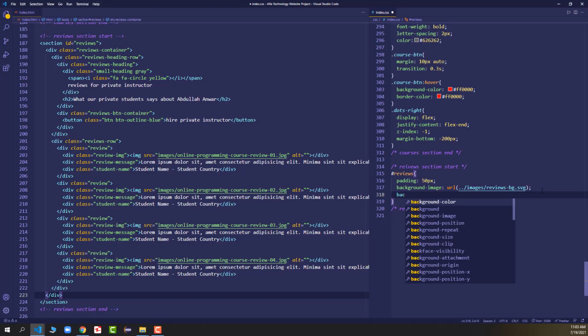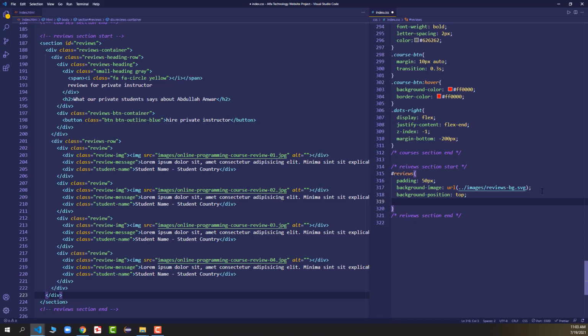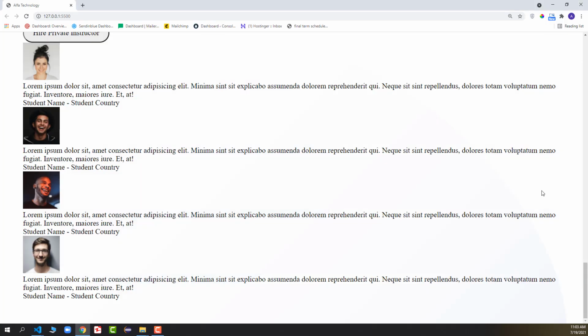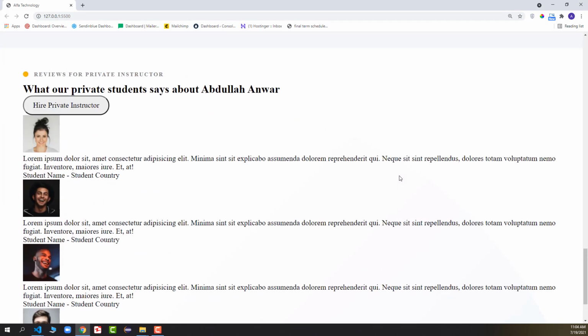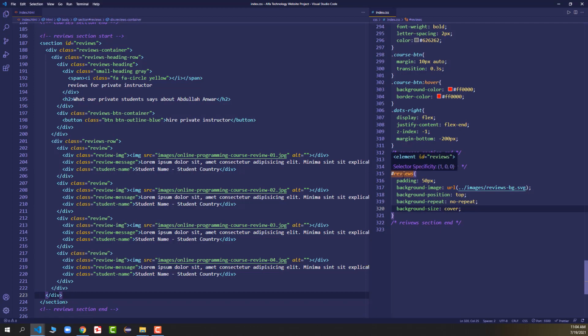Okay, now let's come again in the CSS, and here I will apply background position top, and after that I will say background repeat no repeat, and finally we'll say background size cover. So now you can see we got an image, so it's just giving us a little good feel or professional feel.